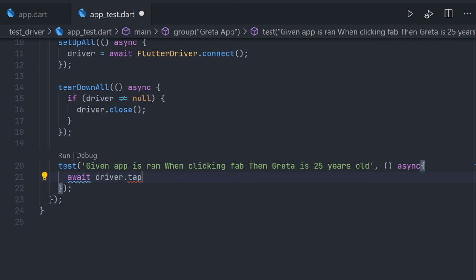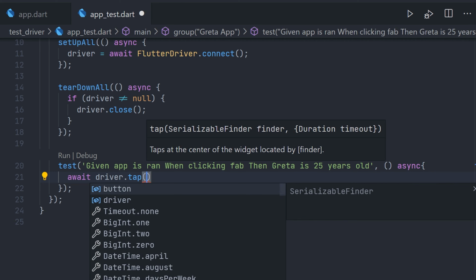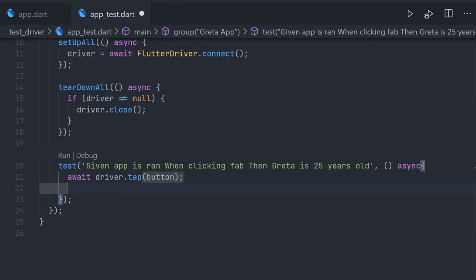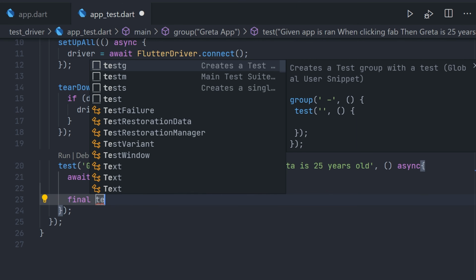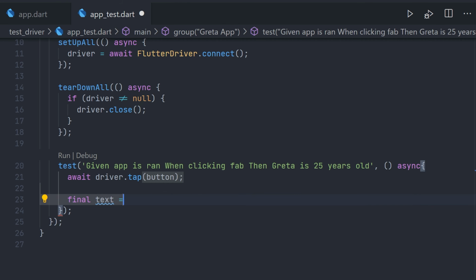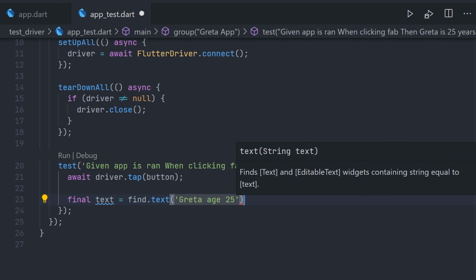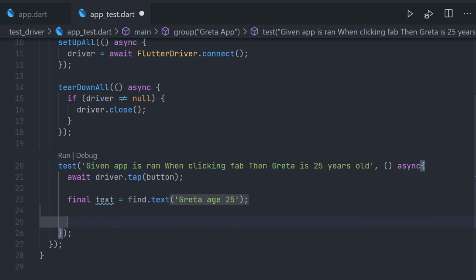Now as we actually found a button up at the group, we can use that button down here in the test. So we're going to simply tap it, and when running integration tests we don't have to pump widgets and so on. We can just use this find text, and we expect it to now say Greta age 25.